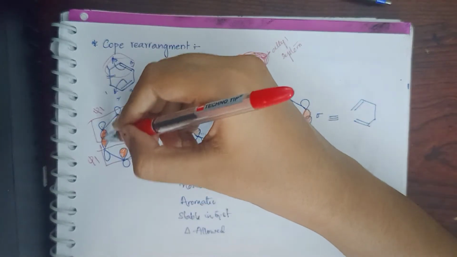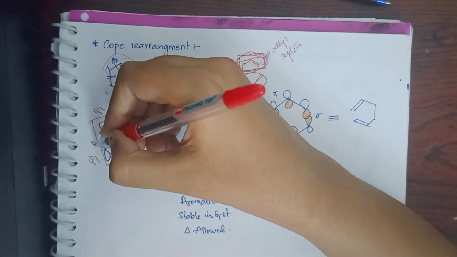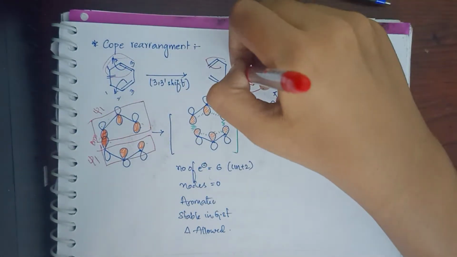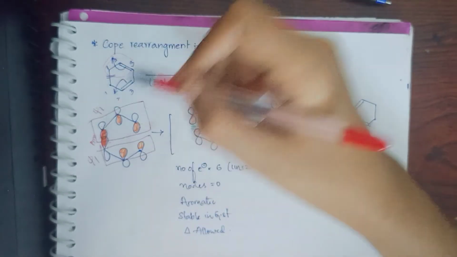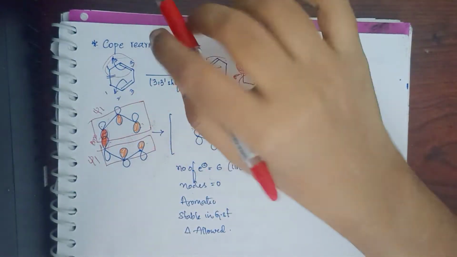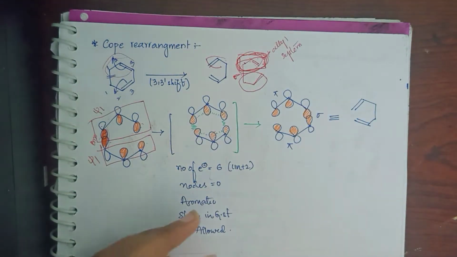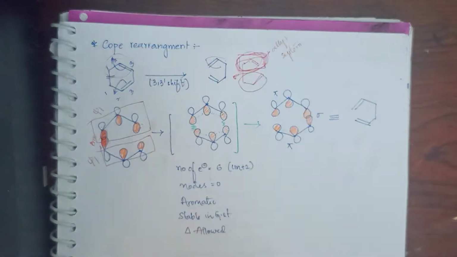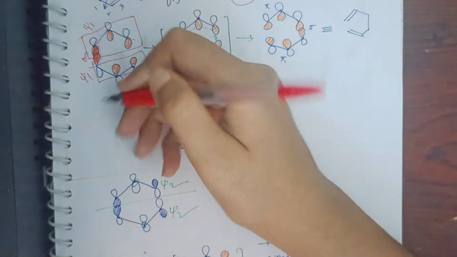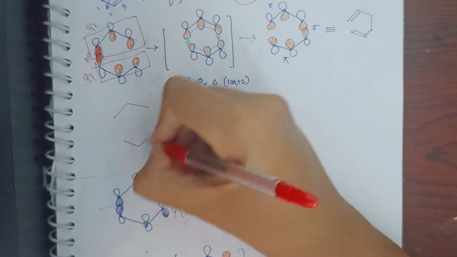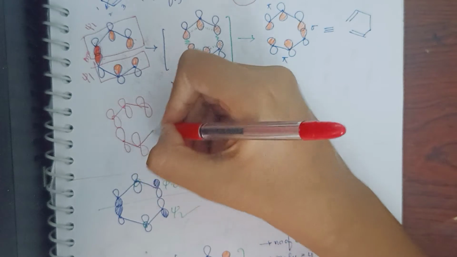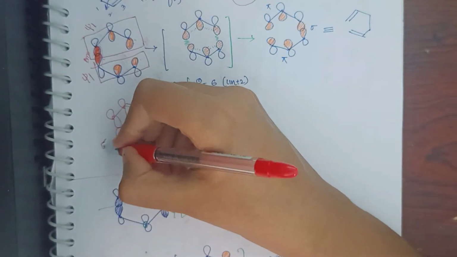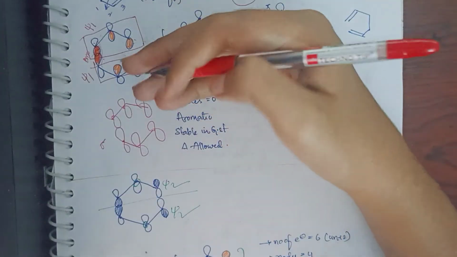So I have overlapped in such a way that you should get a bonding molecular orbital. As sigma is there, mostly bonding will be having less energy when compared to anti-bonding. So we have to write here bonding molecular orbital and draw the system. How to draw the system is, first you draw the outline, keep 3 parts. The last part you have to join these both because it is giving a sigma bond, and you have to draw shadings.